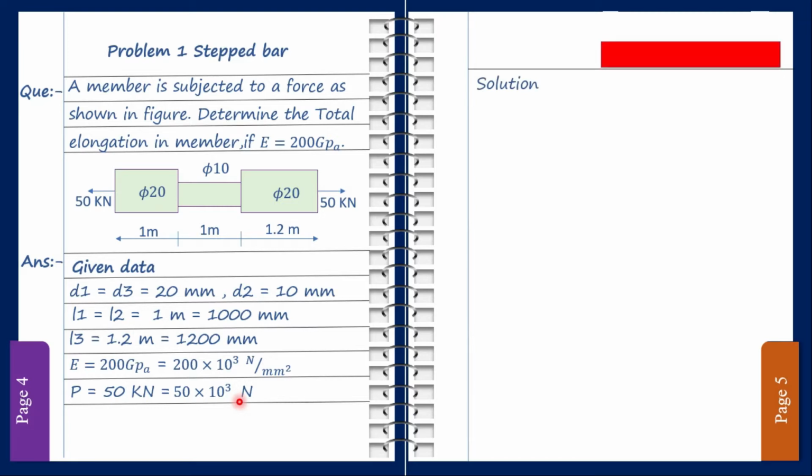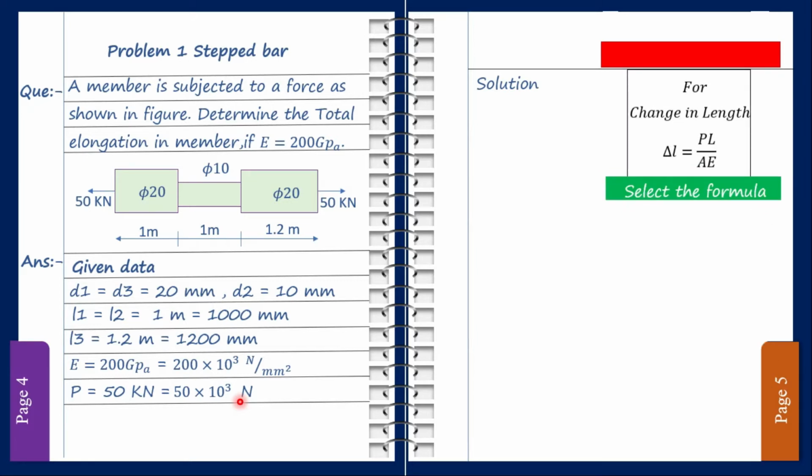Before moving to the solution, it is important to know the required formula. To calculate the change in length, we have the formula delta L is equal to PL upon AE. So we have selected the accurate formula. Here there are three sections, so the total elongation delta L is the addition of the change in length in the first section, the second section, and the third section. We can write delta L is equal to PL upon AE 1 plus PL upon AE 2 plus PL upon AE 3,